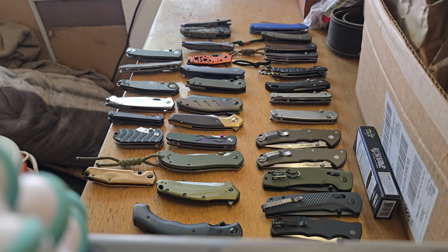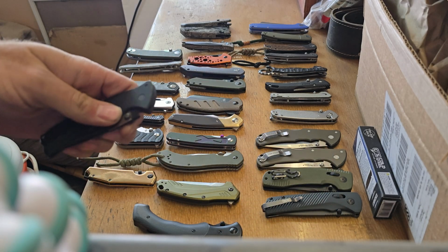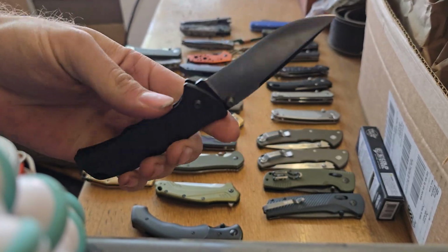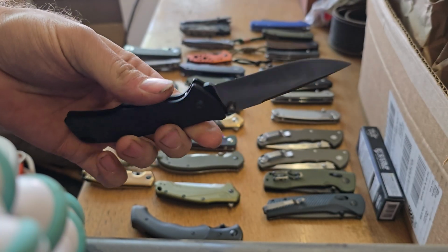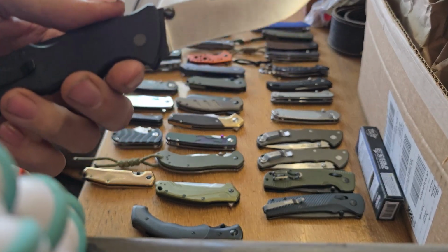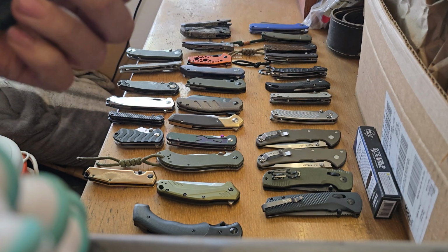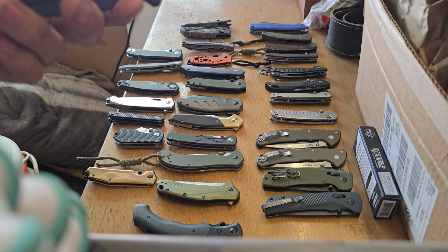Alright, I'm going to talk a little bit about folding knives and why GSM is just terrible at this point. So, I made a review of this knife, put it on their website and everything, and not only did I have to authenticate my email and then confirm that it was the right review, and then they sent it off to be reviewed before they eventually posted the review, which I'm surprised it even went up. And then